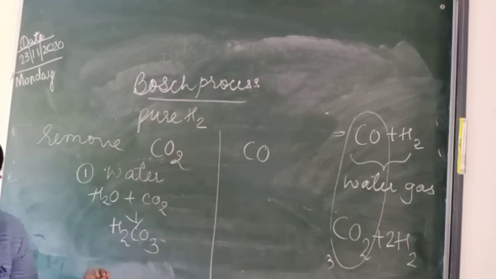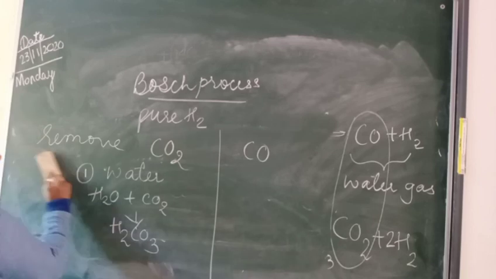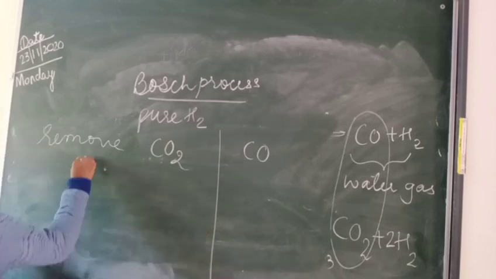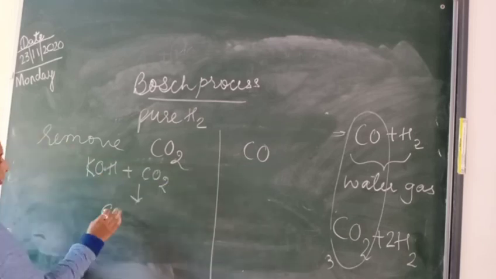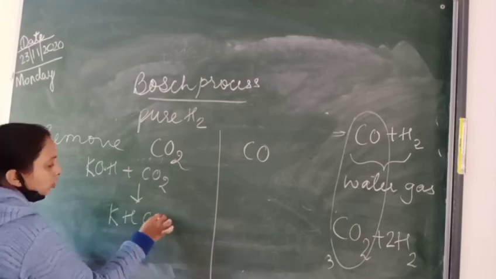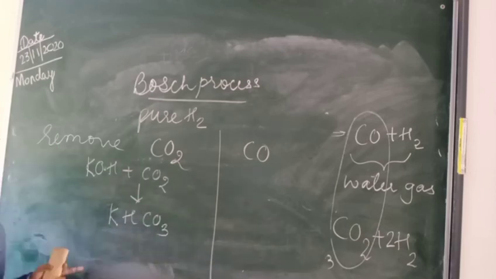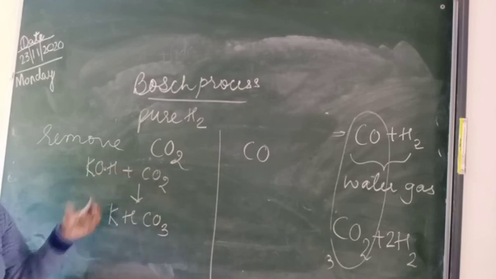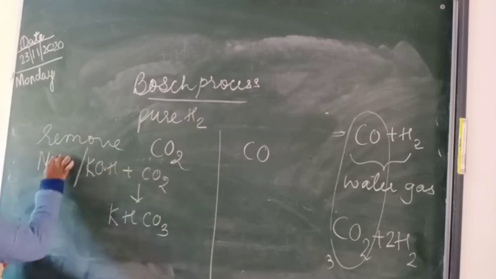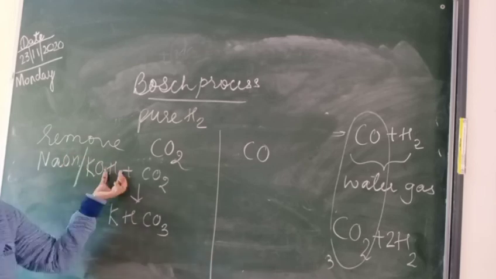Okay. The next method for the removal of carbon dioxide is we have to treat it with alkali KOH plus CO2 gas. So it will give you KHCO3 कार्बोनेट दे देगा. Are you getting what it will give you? KHCO3 a carbonate. Okay. There is no reaction shown here. There is no reaction shown in your textbook. Okay. तो तुमको ऐसे ही याद रखना है. एल्कली में तुम सोडियम हाइड्रोक्साइड भी यूज कर सकते हो. ओके. यू कैन ट्रीट इट विद सोडियम हाइड्रोक्साइड और पोटेशियम हाइड्रोक्साइड. ये कार्बोनेट फॉर्म होके निकल जाएगा. ओके. आर यू गेटिंग? दिस इज हाउ कार्बन डाइऑक्साइड विल बी रिमूव.